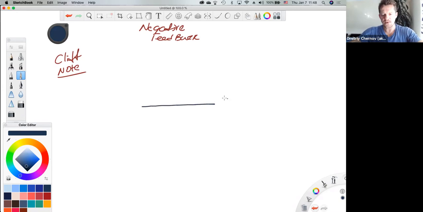So let's say we have a set point. Set point is something that is set by your system. So let's say you have a certain set point, a certain blood pressure that your body wants to keep the blood pressure at that particular point. So some type of stimulus, internal or external stimulus,